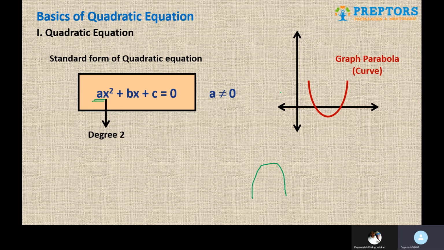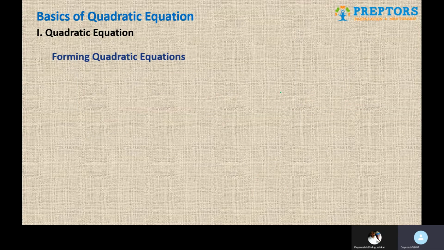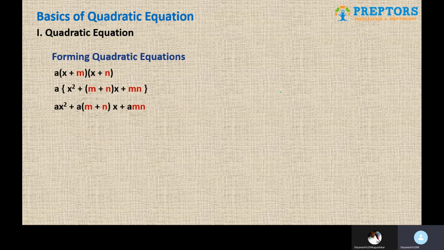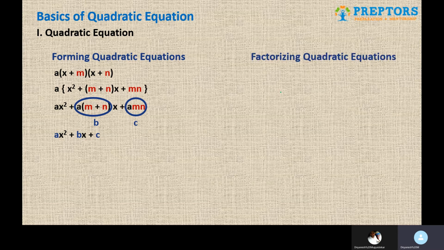Remember that. Moving on, the next part is how do we form the quadratic equation. So we have the standard form on the left side and the mathematical form on the right side. We'll take help of both and compare both so that you understand in a better way. Suppose you have a quadratic equation, 2x square plus 24x plus 70. We are going to do reverse now, from down to up. If we want to factorize this, we take 2 common from the entire part. So when you take 2 common, what you have inside is x square plus 12x plus 35.